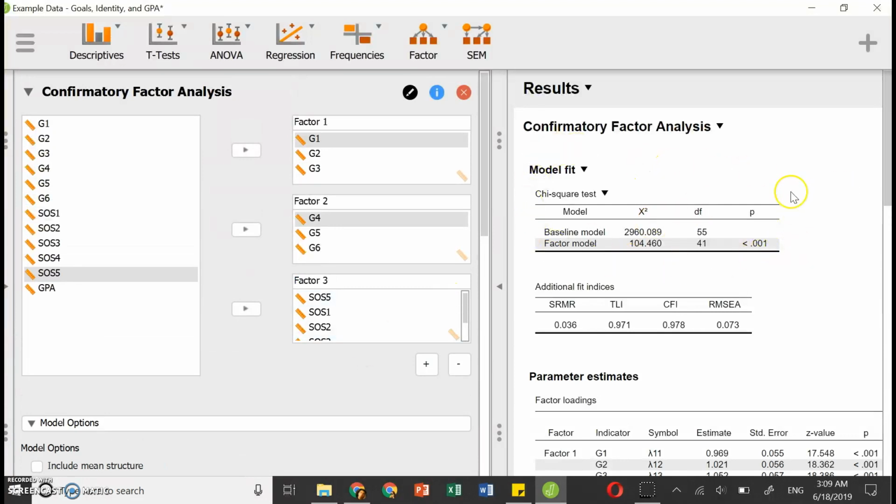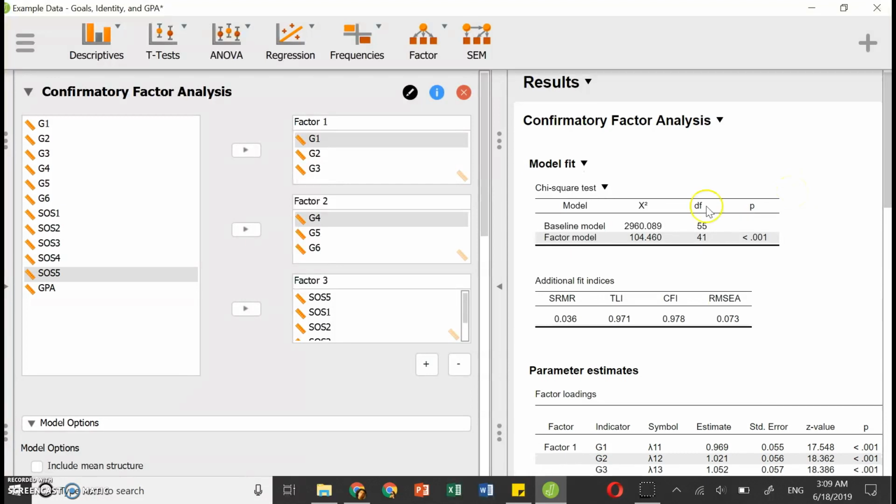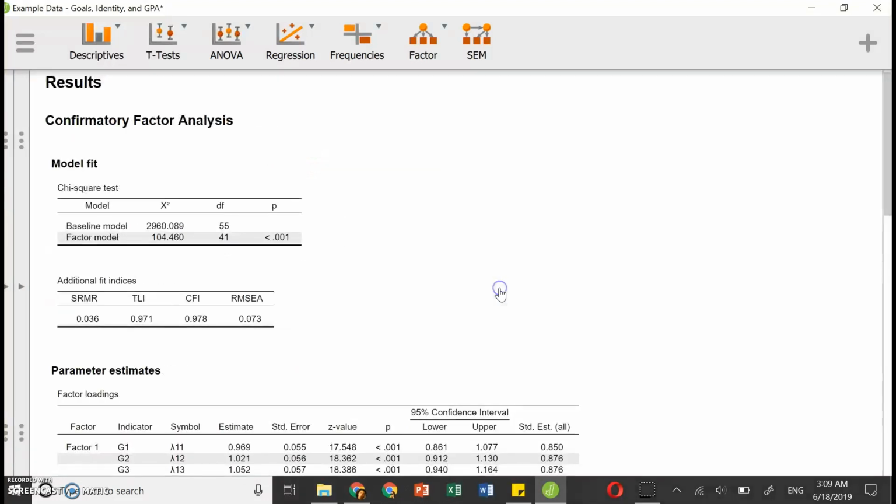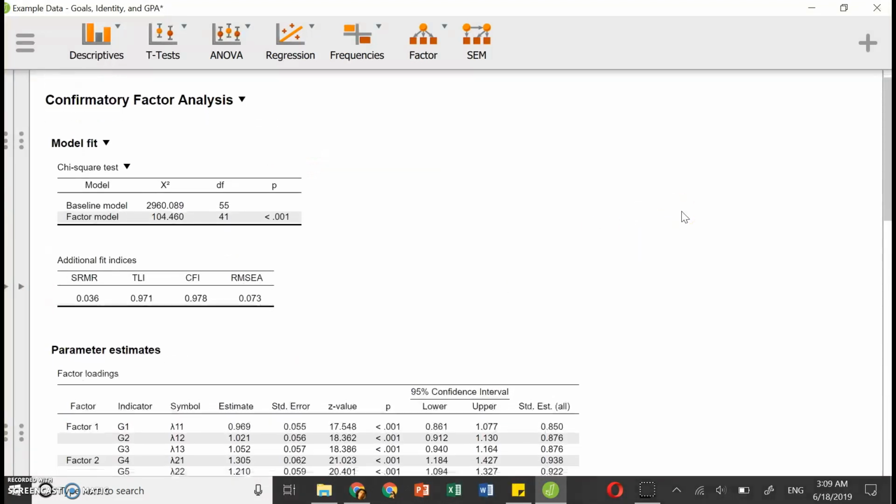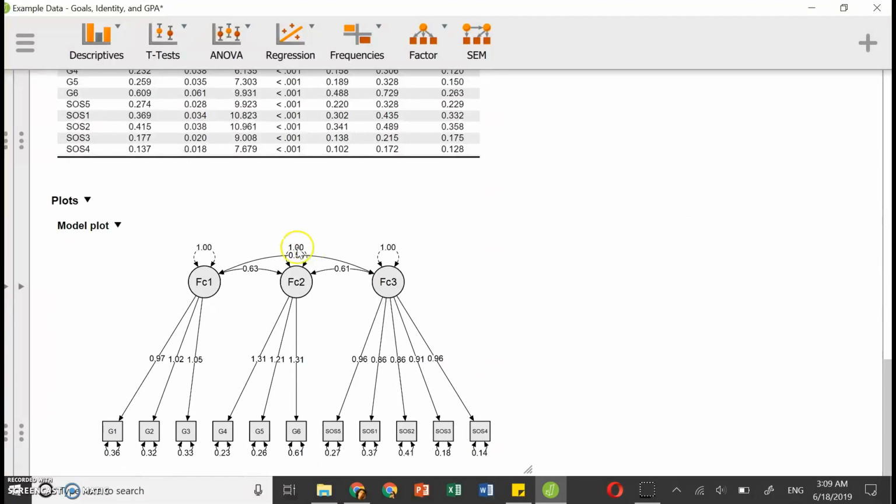Before we look at model fit, let me show you the model itself. So I'm going to hide the input options and just focus on results. If I scroll all the way down, here is our model diagram. We have three factors: factor 1 with 3 items, factor 2 with 3 items, and factor 3 with 3 items. So these are our latent variables, and we have observed items or observed variables here at the bottom,